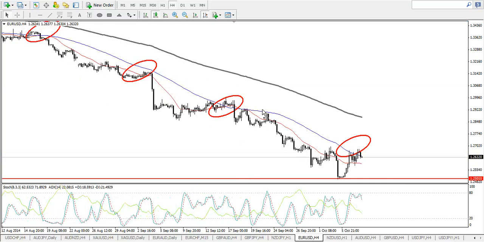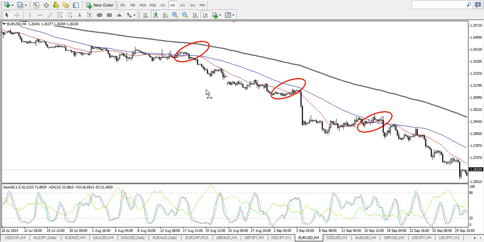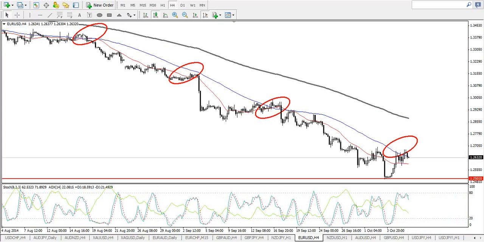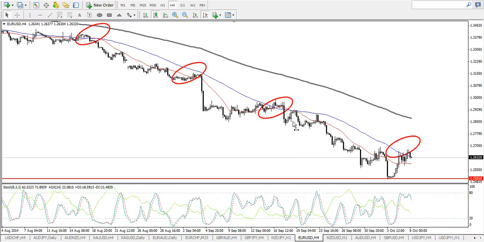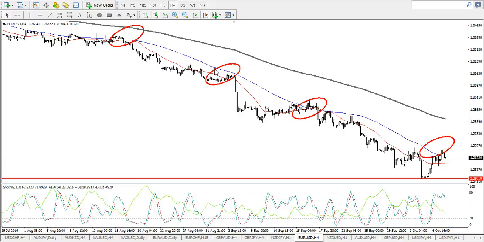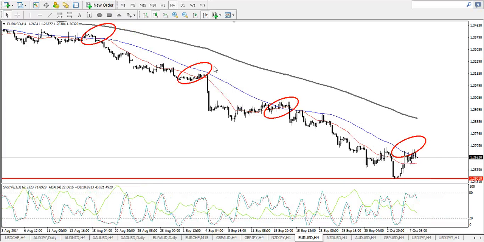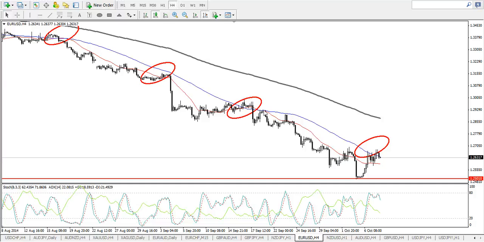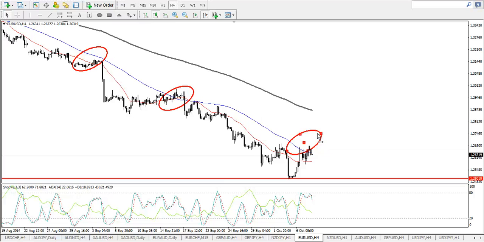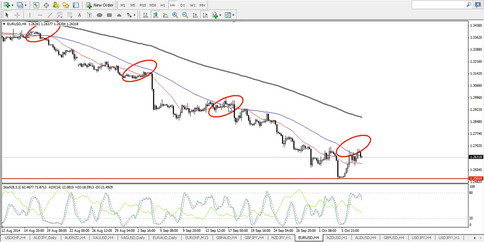Next we will have the euro against the US dollar. We can see that price has been falling. It's almost moving like a straight line. There's very little retracement, and it usually uses the 55 moving average as a resistance. We can see over here all the circles drawn where it retraced and began to fall. What happened now is that price has come back again to the 55 moving average, broken above it a little, but that is alright, because based on past record, price sometimes breaks above a little